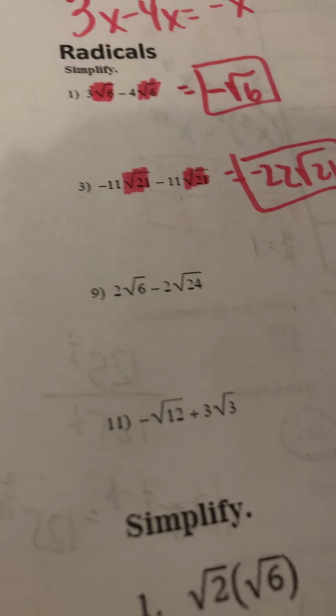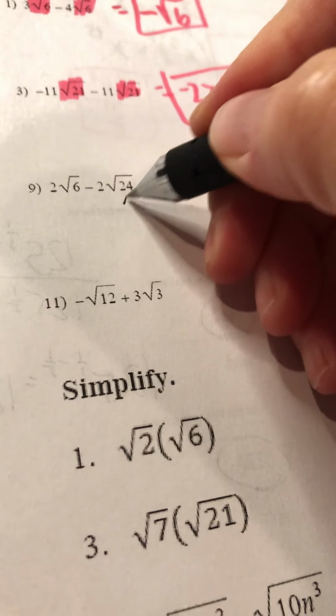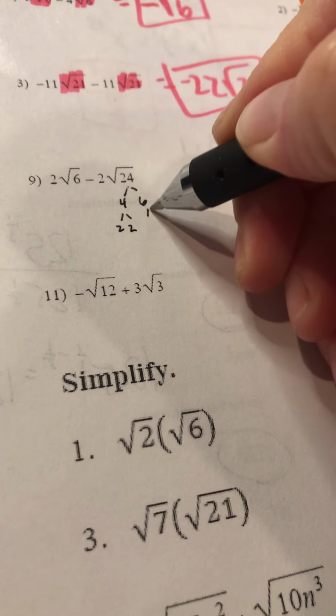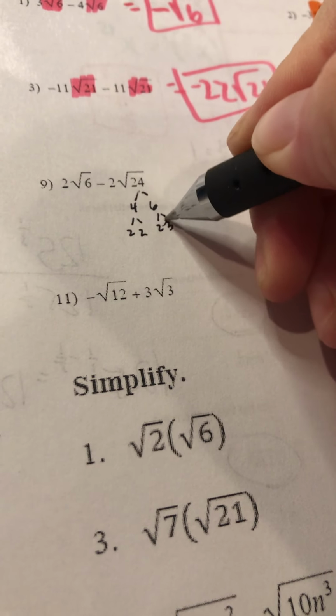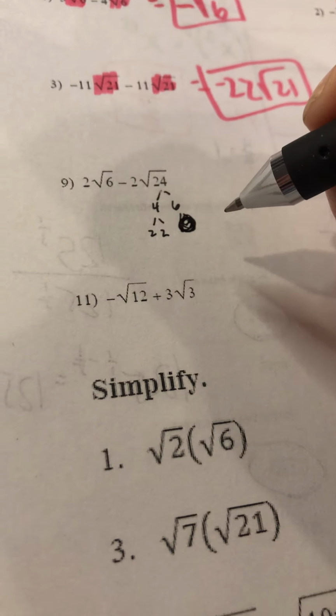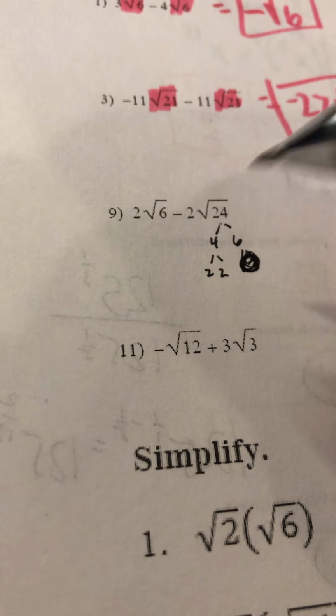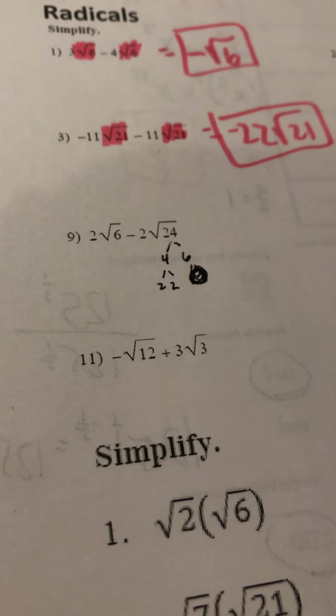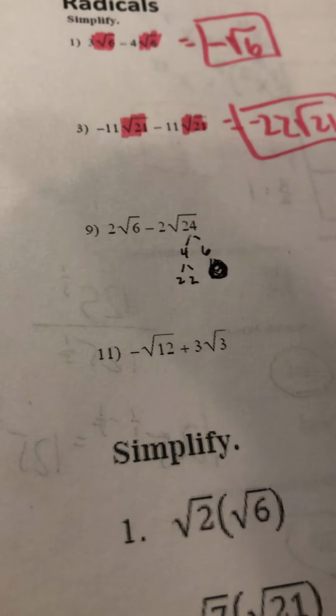Common radicals means I can just add, but what if I don't have common radicals? This is where we would say 24 is 4 times 6 and 4 is 2 times 2. Technically 6 is 2 times 3, but nothing's going to happen with those because they're not the same. Square root means 2. Okay, so the way that we teach this at Hunter, which I really like, is that